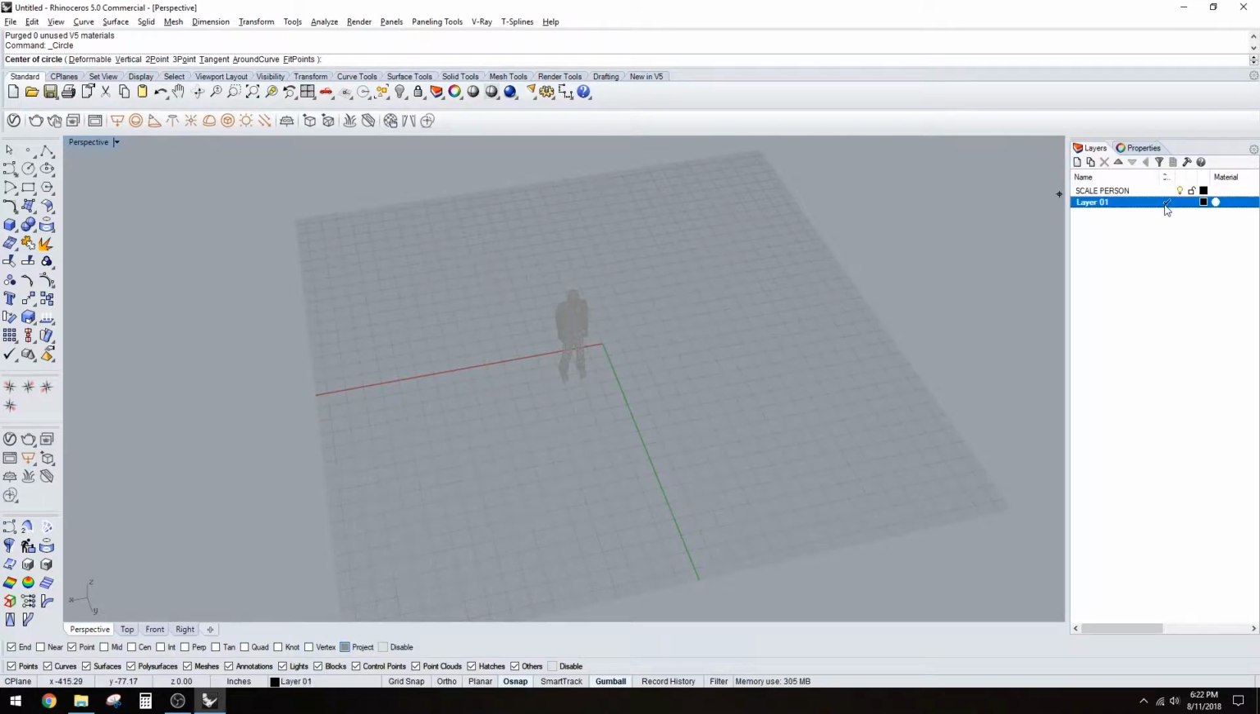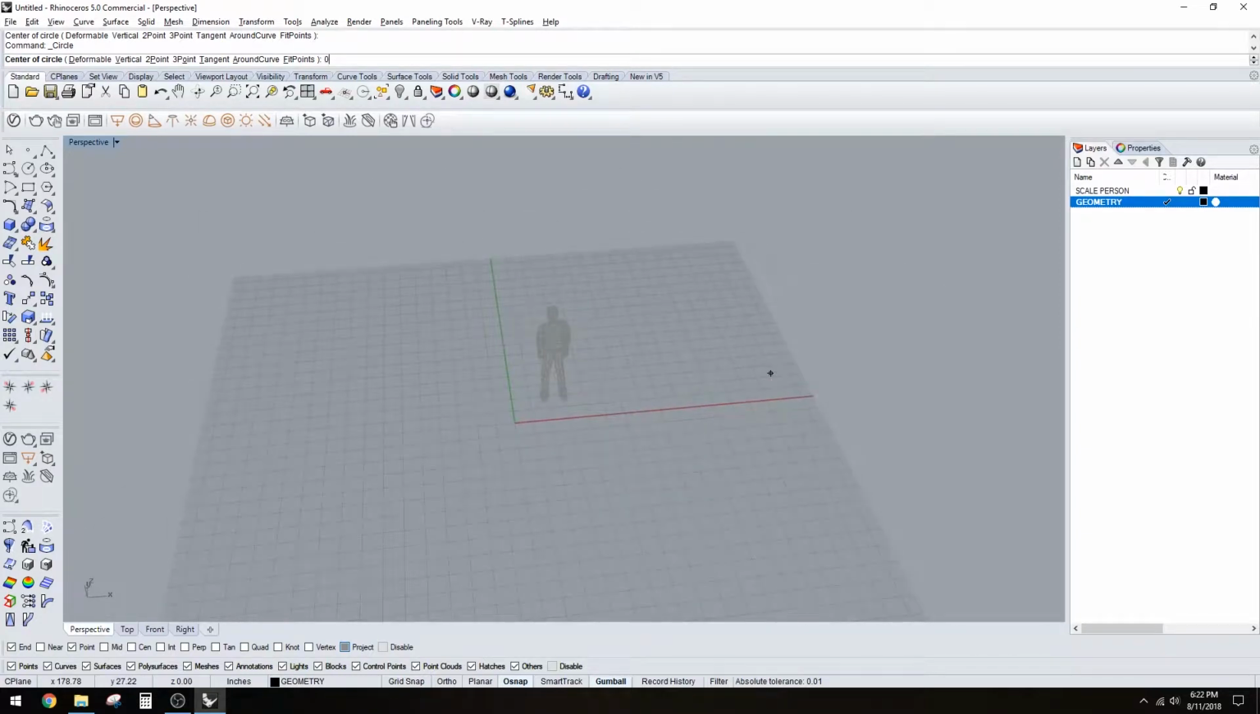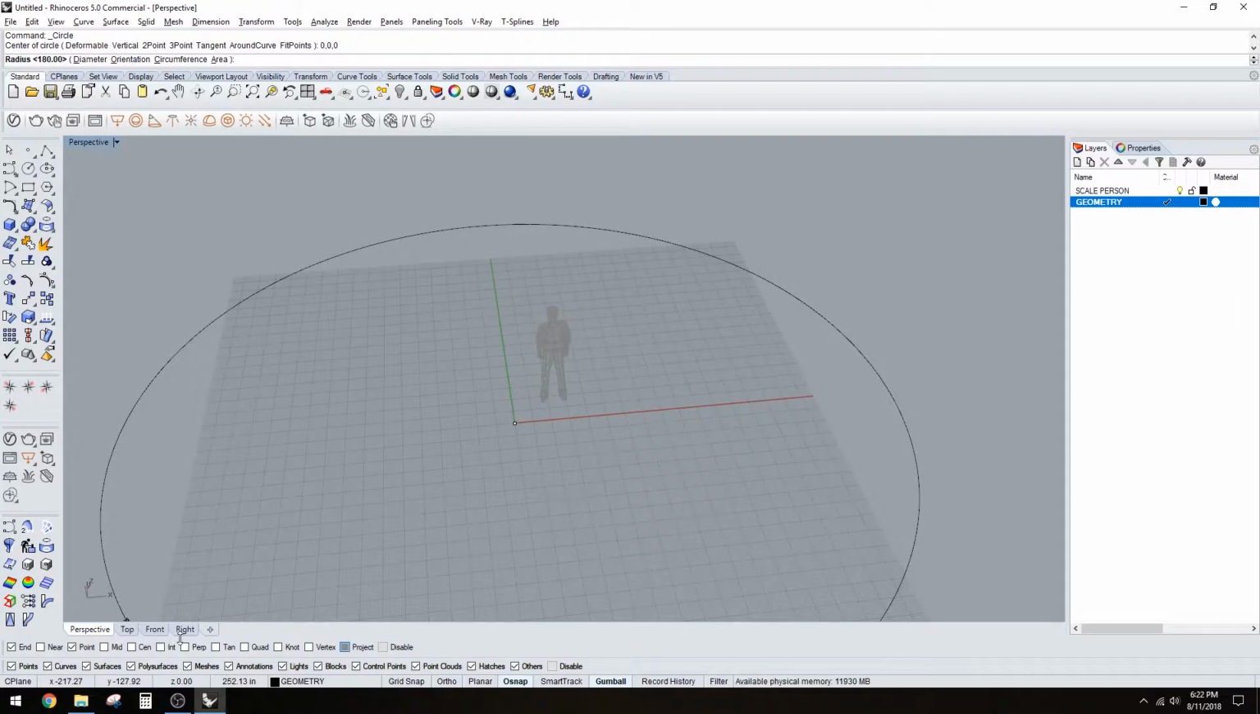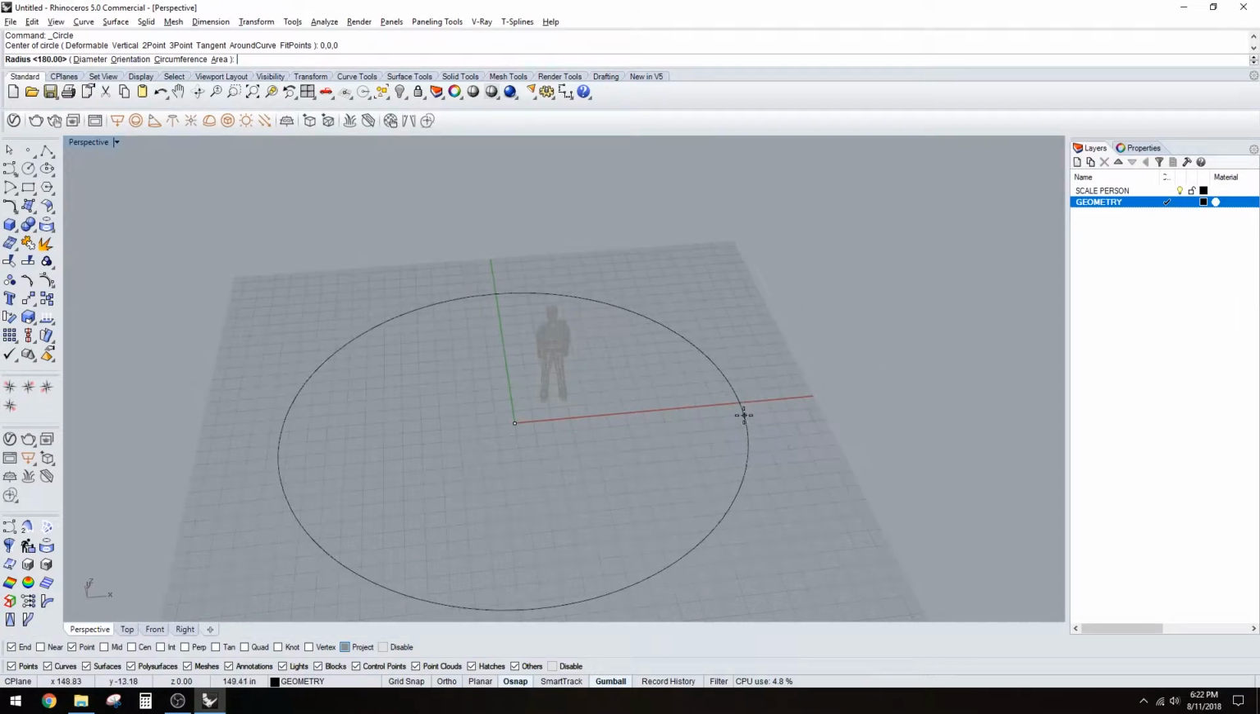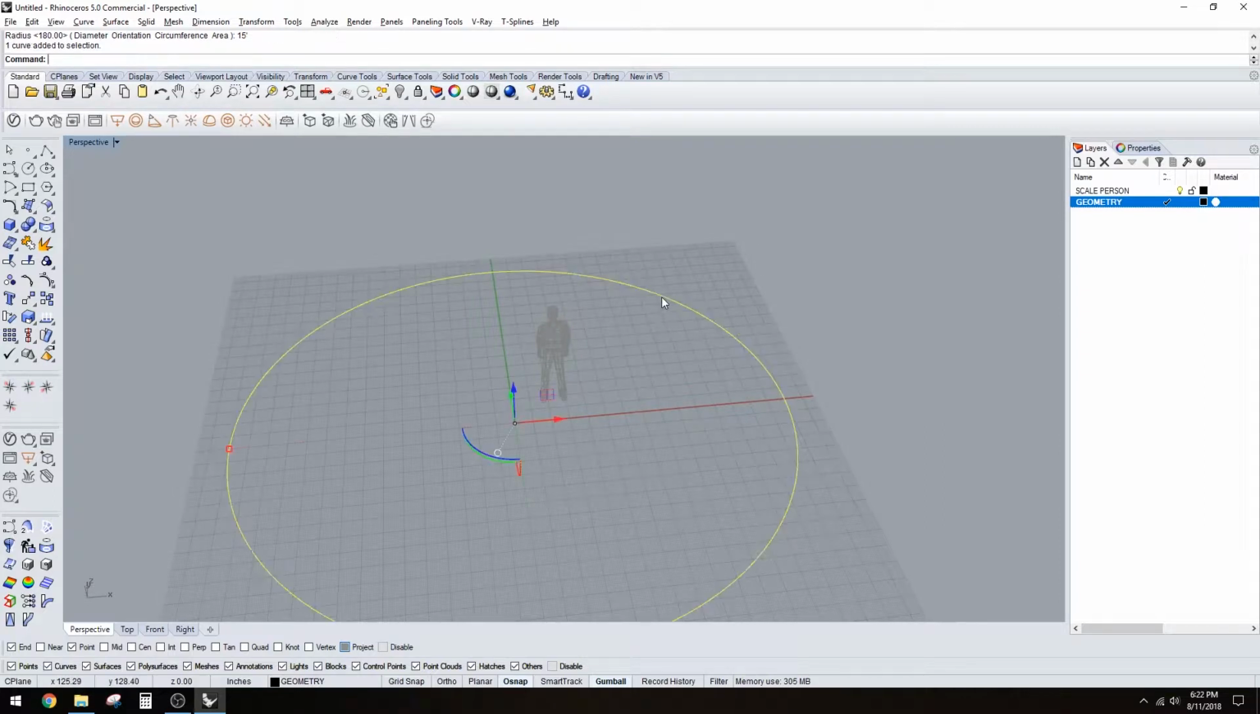I'm going to create a new layer here, call it geometry, and we'll make a circle, make it start at 0, 0, 0. It just helps because all the C-planes in the different views are going to be aligned if you start at 0, 0, 0. Let's make it a 15-foot radius circle,